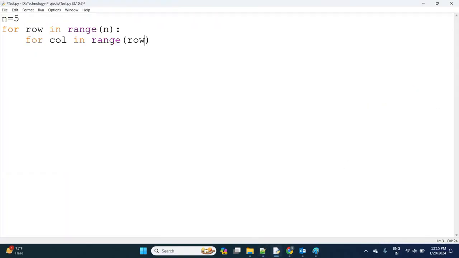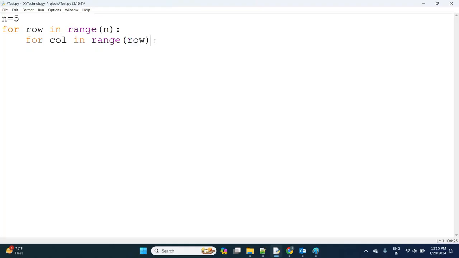That's why here I'm writing only row. When row is first 0, here also it will get 0. 0 means one iteration. So when the first iteration is completed and it comes to 1,